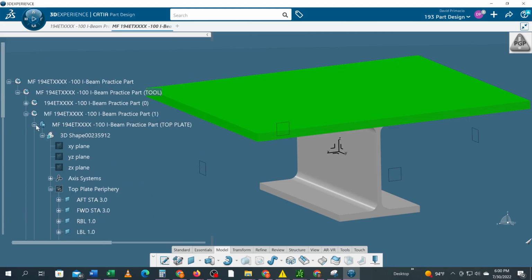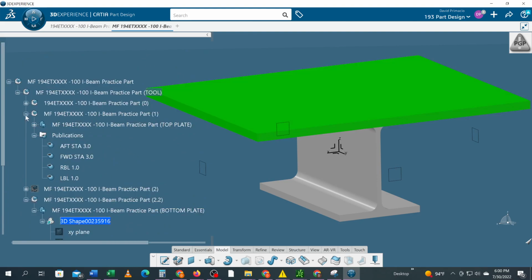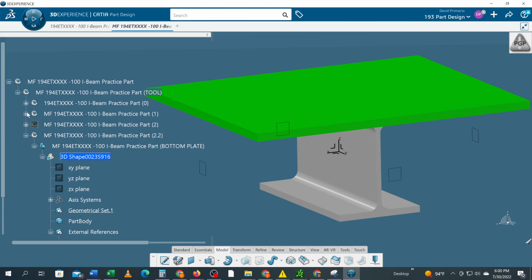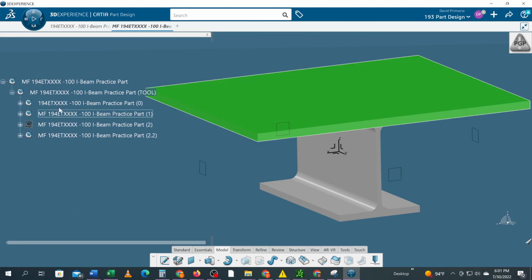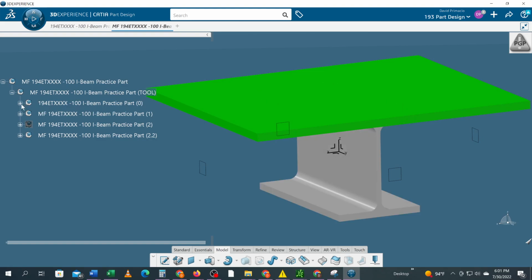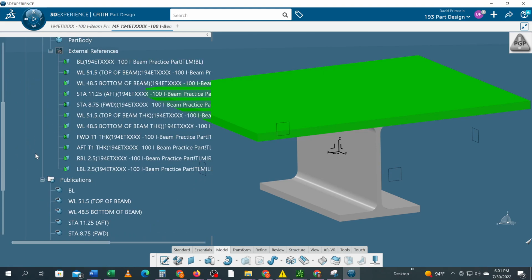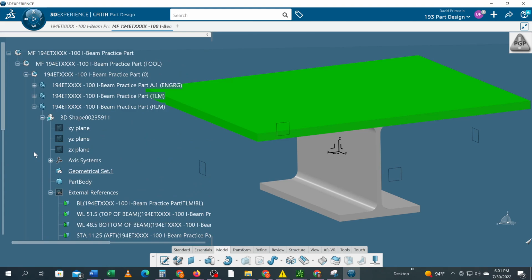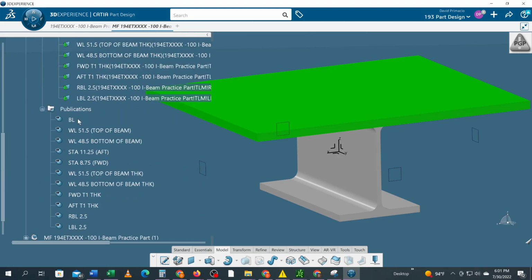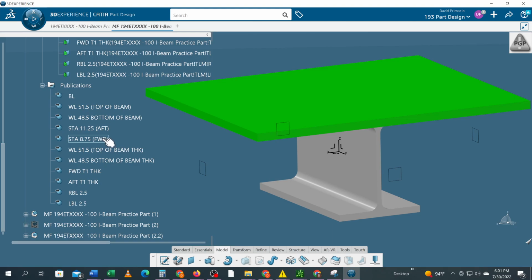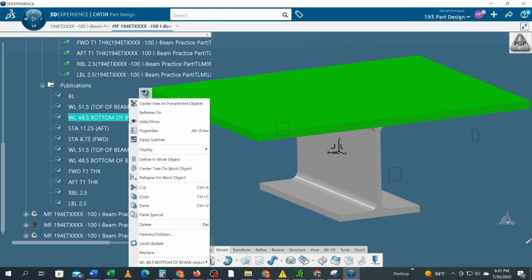I'm going to back up to the RLM. I want to make sure I'm in the RLM, so I have to double click on it so you see the hourglass switch to the RLM. And I want to copy the bottom water line. So that's the bottom of the beam, right? Right click, copy,